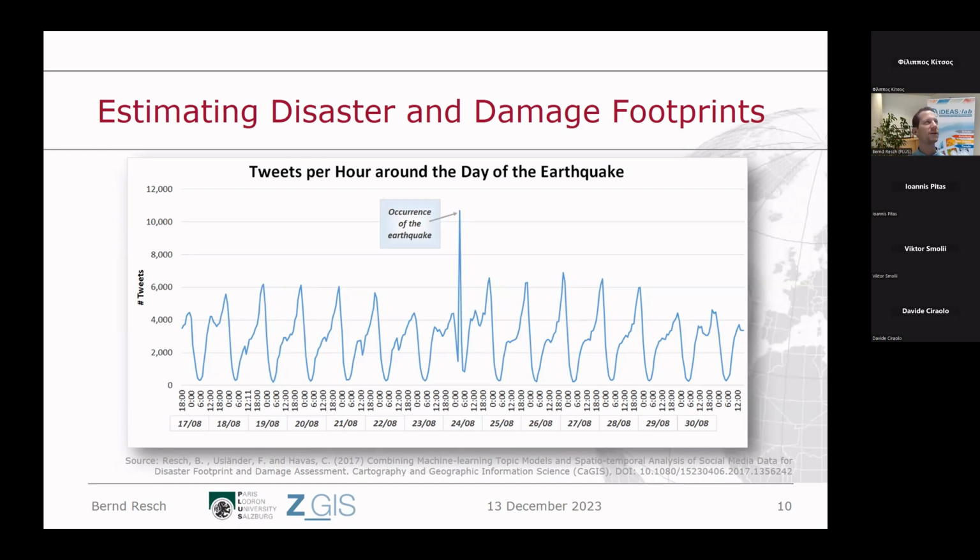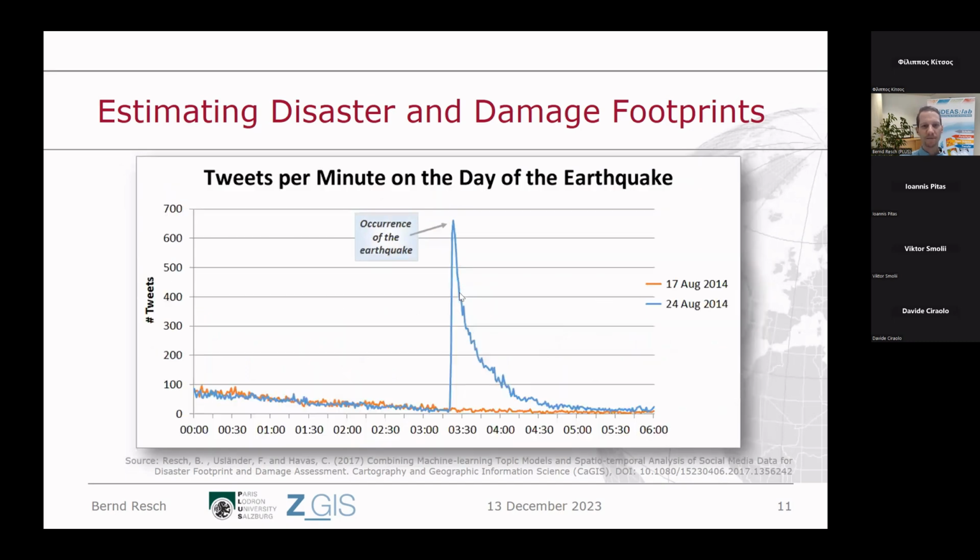And that's what we see in different uses of different technologies, including mobile phone data and others. What we also see is that during the week, people would post a little bit less than at the weekends. And then all of a sudden, we have this kind of thing here. I need to say that this anomaly is not the standard case, so to say, meaning that sometimes we have more of a sine wave, so to say, which does not give us these very strong anomalies just purely looking at the time series. Okay, yet still, if we take a look into this night here, what we see is this.